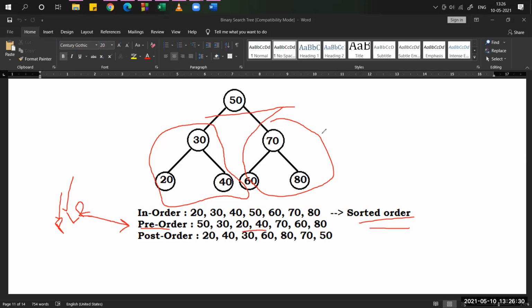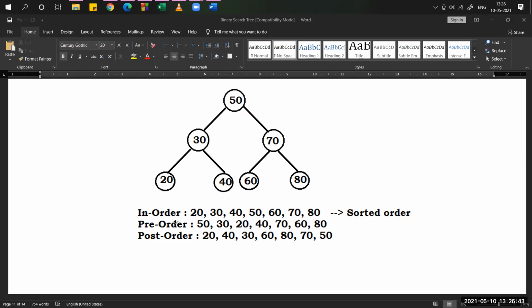Who is the parent among these three values? 70 is the parent. So 70 printed first. Next left 60, right 80. Like that we print the pre-order traversal. This is the result. When you execute the code, if you choose pre-order, this is the output. If you choose in order, then this is the output. So depending on your traversal method, the output will vary.